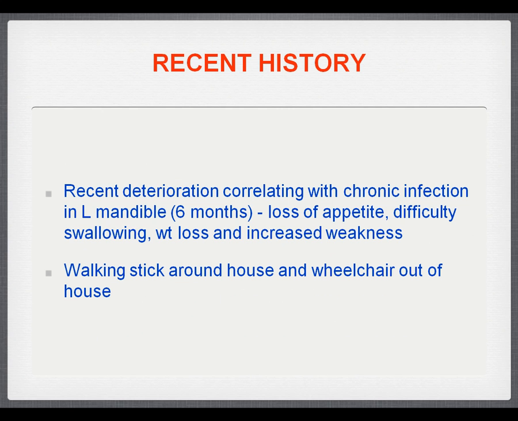So the recent history, which one of the investigations mainly highlighted to me, was that she had quite a significant deterioration in her condition, and when I took a history, it seemed like it aligned with this illness of this chronic osteomyelitis. And in the maxillofacial report, they actually talked about frank pus. It sounded like she was very unwell with this infection, but she'd had loss of appetite in that time.